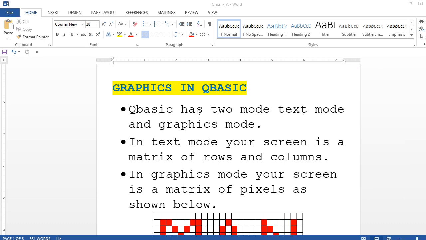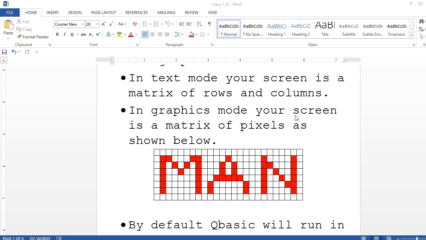I'm going to show you the graphics mode here. In the graphics mode of your screen, the matrix of pixels will be as shown below. I had drawn a simple matrix of pixels here. 1 2 3 4 5 6 7, so I'm going to count from here to here. This is 7 rows. This one I am not going to count.